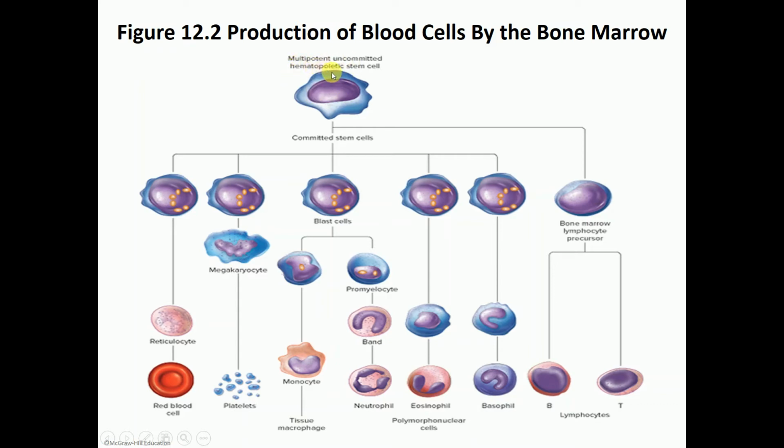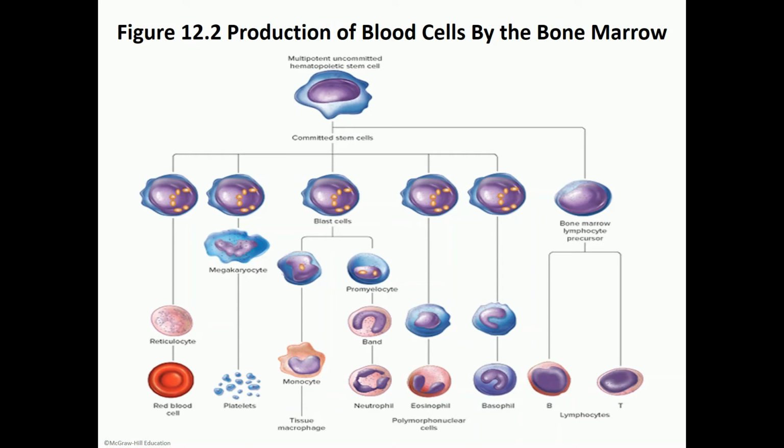Hematopoietic means we'll make blood cells. Uncommitted, so we don't know which blood cell we'll end up having. And it's multipotent, meaning that it can make every single kind of blood cell that we have. So it is a multipotent, uncommitted, hematopoietic stem cell. Now that stem cell is going to divide by mitosis and